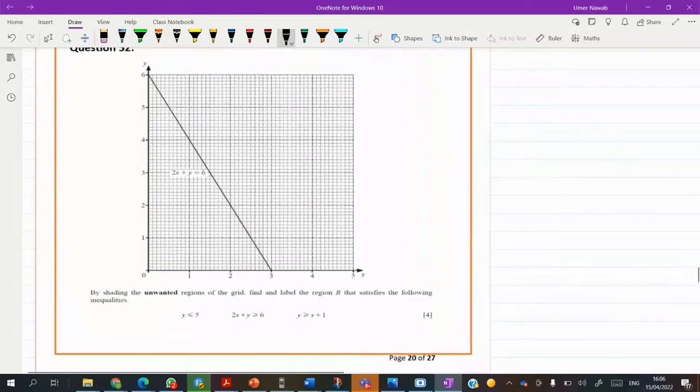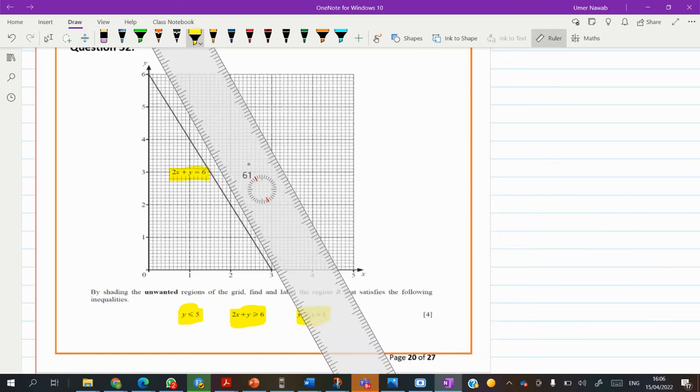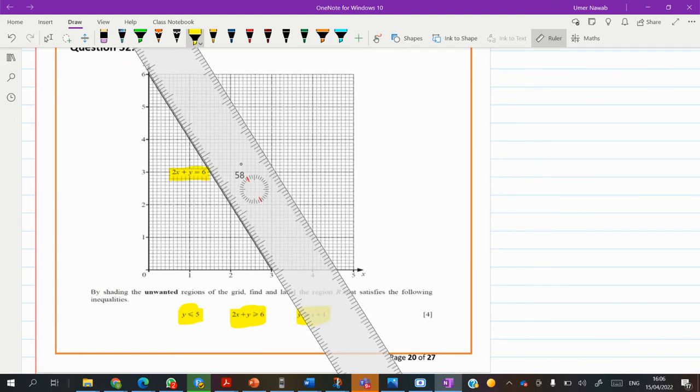Next, question number 32. He gave you y less than or equal to 5. There are three inequalities. One of the equations is already drawn by him, and greater than or equal to tells you that the upward portion is wanted and the downward portion is unwanted. So we will shade the bottom portion. I'm ready to shade the bottom portion. It's shaded. Bottom portion is shaded, and now next is